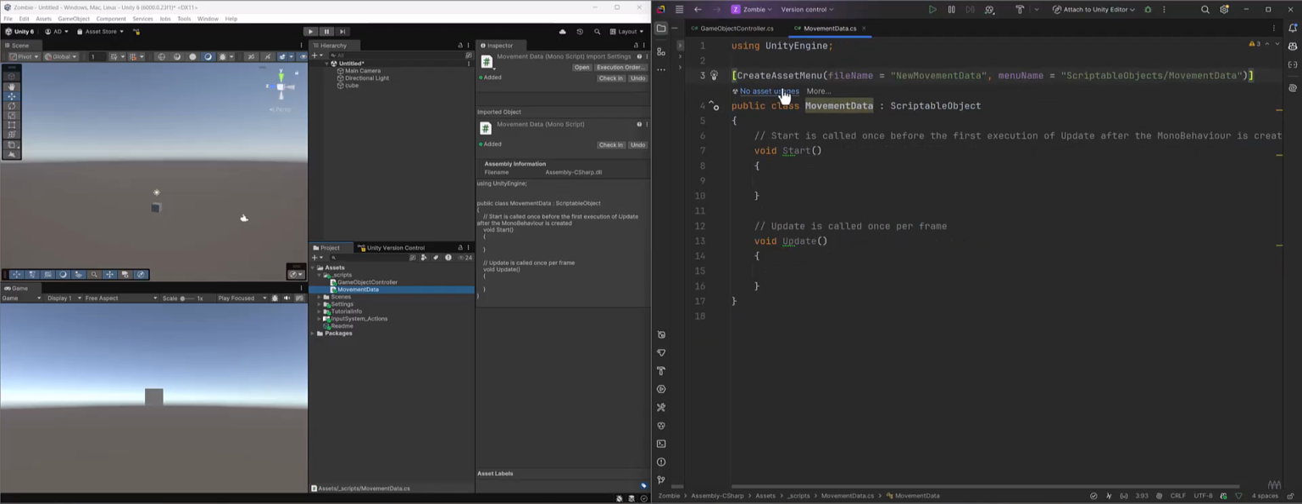Now we use CreateAssetMenu here so that Unity adds this to our asset creation menu. And then we give it a file name. So this is NewMovementData. And then the menu name is ScriptableObject/MovementData. So if I save this and I go back into Unity after it compiles,